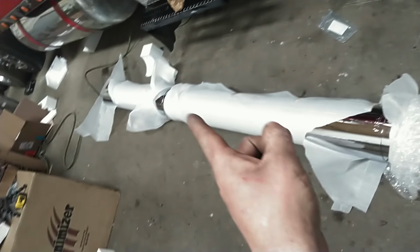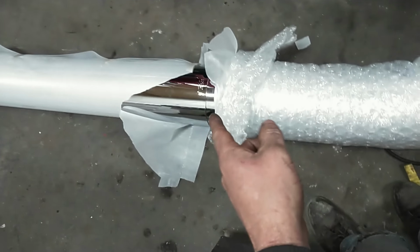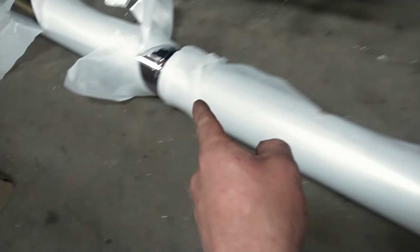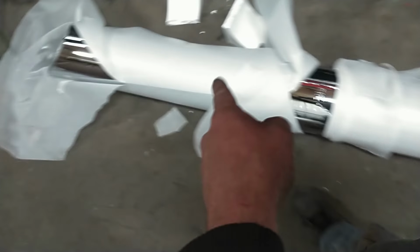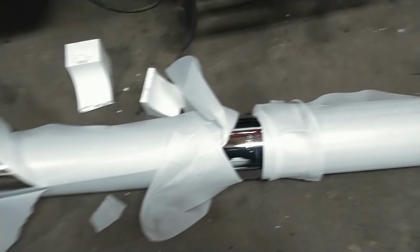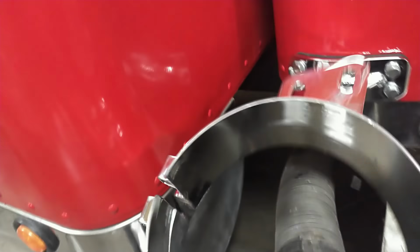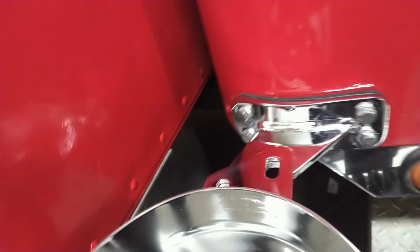Alright, so I kind of got this laid out here just to figure out how this all goes together. The bottom elbow slides into your center spool section. The center spool section slides into your top section. So that's not so bad. Got our cab brackets on. Then here's our clamps. Only little problem is somehow they forgot to...